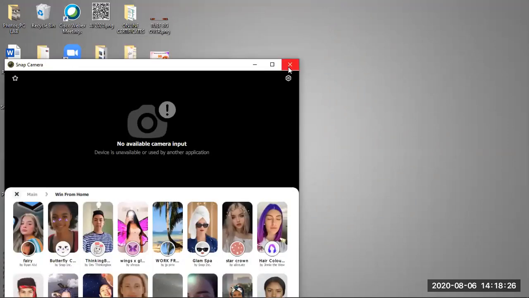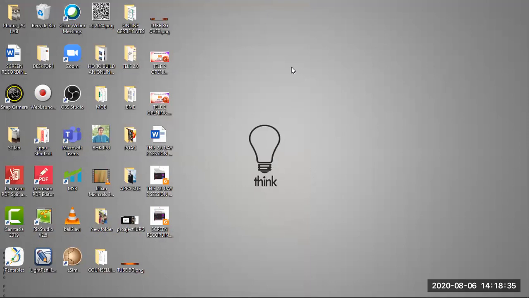Apart from that, there are some Chrome extensions available for Google Meet that can change the background. Zoom has it built in, but for Google Meet you need to use something else. Snap Camera is free software, of course. You can use any camera software which changes the background or uses filter effects. When you are using Zoom, you need to change the camera option to the particular application instead of your original webcam. You have to use this application. That's all.